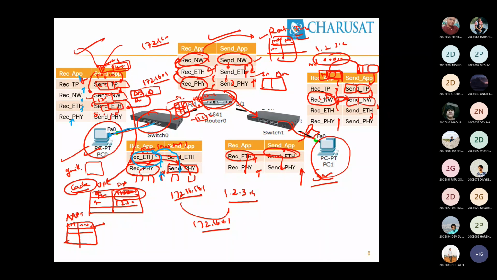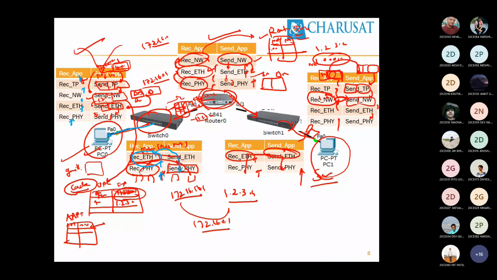Okay. Any doubt? So there are two questions over here. I didn't touch them so far, but I was waiting for somebody to ask. How does the switch prepare this switching table? How does the router prepare the routing table? Initially, when you power on, as I was telling, the switching table and routing table are both available in RAM.